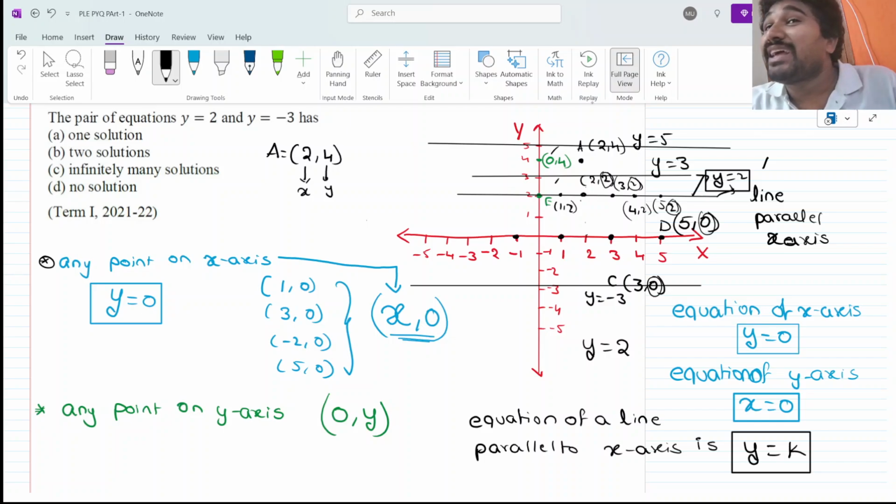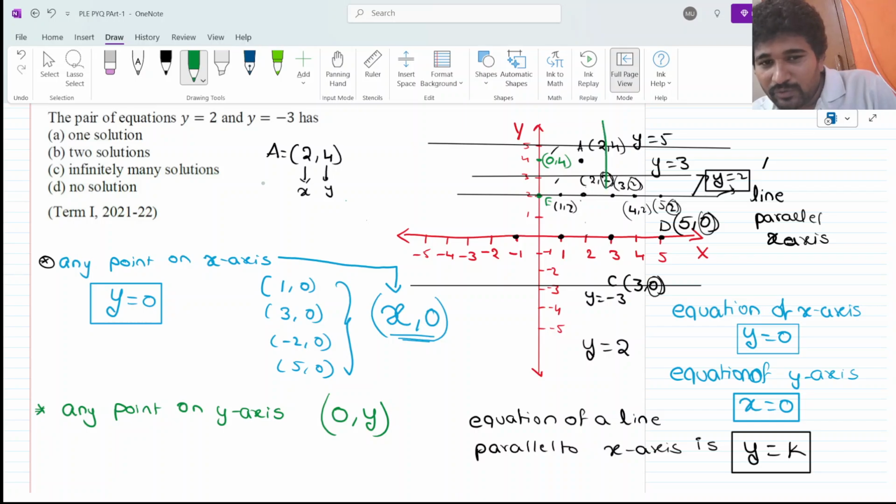Can you tell me a line which is parallel to the x-axis? y is equal to k. The equation of a general line parallel to the x-axis is y is equal to k. Clear? Then similarly, the equation of a line